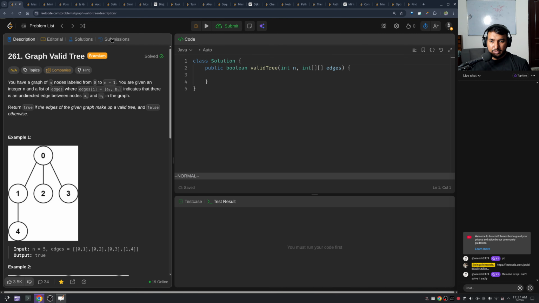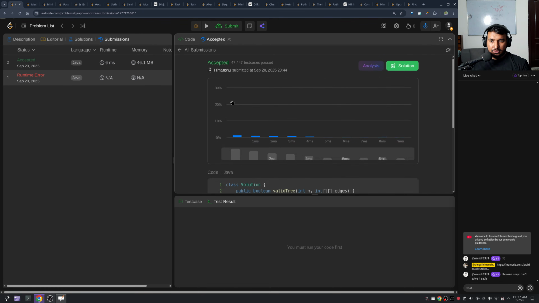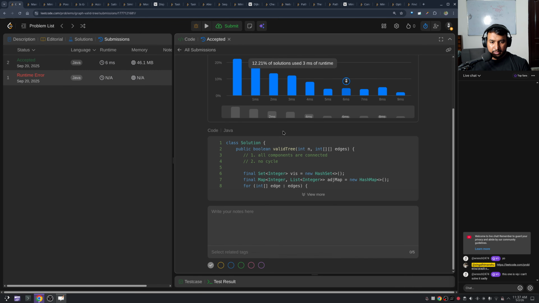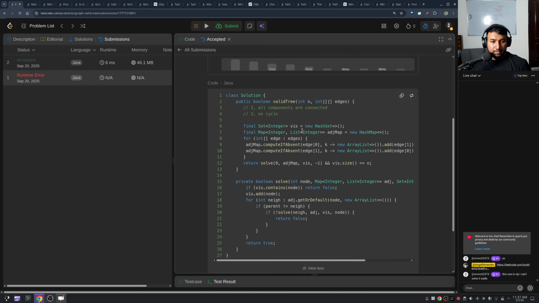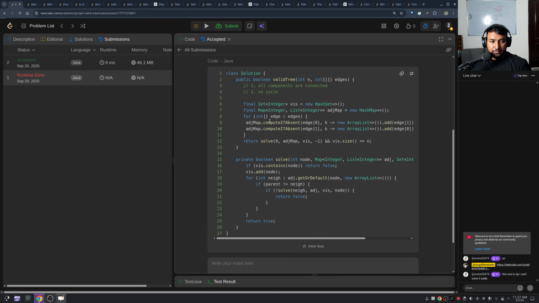I've already solved it. I can quickly go through the solution. I don't remember what approach I chose. All components are connected, so yes, this was my concern. We have to check all components are connected and there is no cycle in the graph. So we create an adjacency list, and then we call solve, and we count the visited. If visited is equal to n, that means